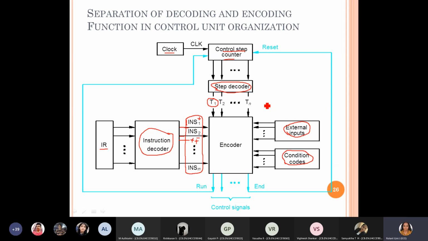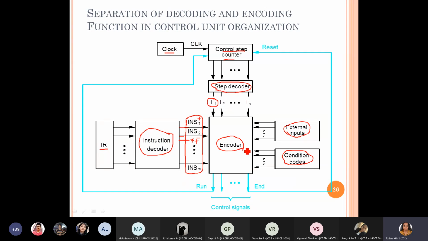Now based on what instruction it is and what clock pulse it is, we know these conditions. We also discussed the control sequence, so we also know how to write the control sequence for any instruction. You will definitely be able to manage, right? And once we know what control signals need to be enabled for what instruction at what clock pulse, as well as the current clock pulse, the current instruction and the additional inputs, based on all this, we design the encoder.